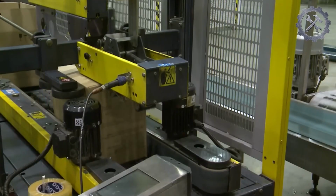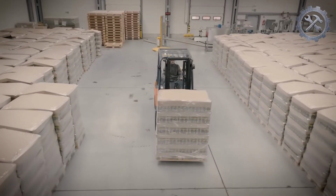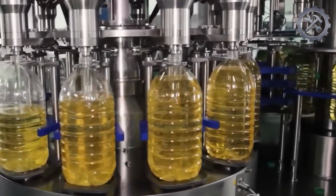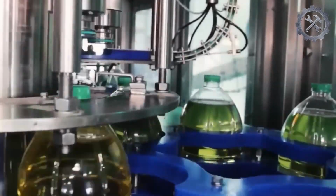The containers filled with sunflower oil are stored in appropriate and controlled areas. Temperature, humidity, and exposure to light are kept under control to preserve the quality of the oil. Once the oil has been properly packaged and stored, it is ready to be distributed to retailers, supermarkets, and other